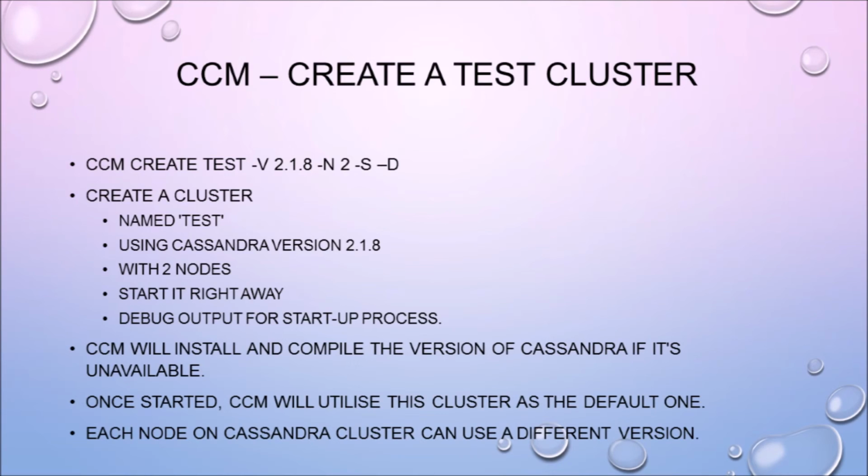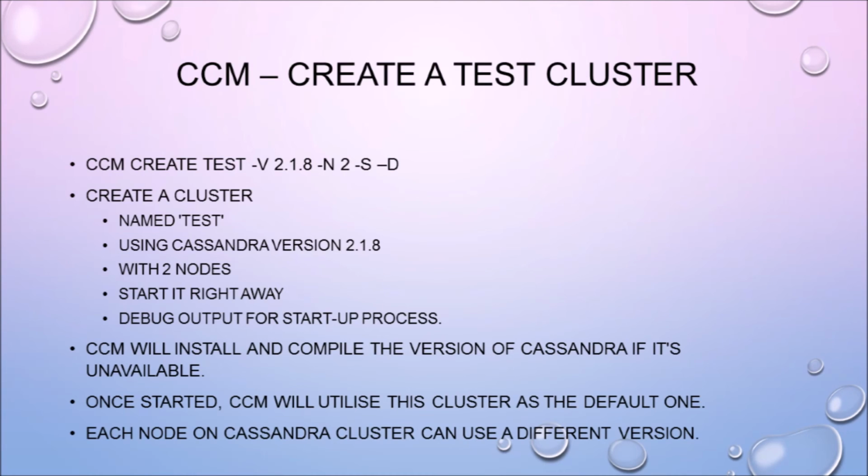So what I'm doing here is I'm creating a cluster with the name test on the version 2.1.8. So it'll actually download that version 2.1.8 on your local machine, and it has 2 nodes, and -s means start immediately, and -d means debug mode. And then what will happen is that it'll